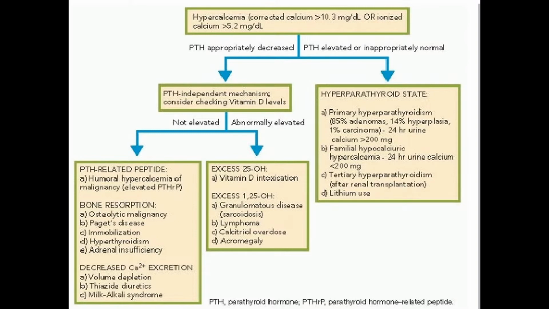Then there can be four causes: primary hyperparathyroidism, familial hypocalciuric hypercalcemia, tertiary hyperparathyroidism, and lithium use. We can differentiate between the first two by measuring 24-hour urinary calcium. If it is more than 200 milligram, then it is primary hyperparathyroidism, and if it is less than 200, then it is familial hypocalciuric hypercalcemia. Then if the parathyroid level is decreased, then